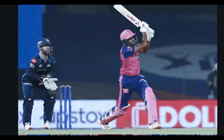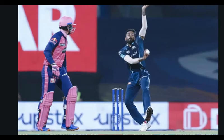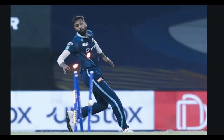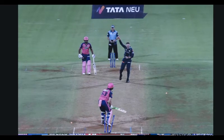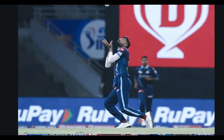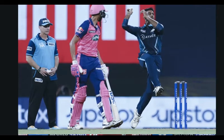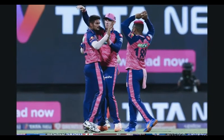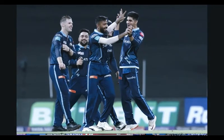RR skipper Sanju Samson hit his first 6 of the innings in the 7th over before a bullet throw from Hardik Pandya brought an end to Samson's stay at the crease. Rassie van der Dussen was the next batter to be dismissed after the right-handed batter was caught behind off Gill's bowling. The equation was down to 91 off the last 8 overs for Rajasthan Royals with Shimron Hetmyer and Riyan Parag at the crease. Hetmyer struck a 4 and a 6 against Shami, but the pacer found success in the same over after Hetmyer